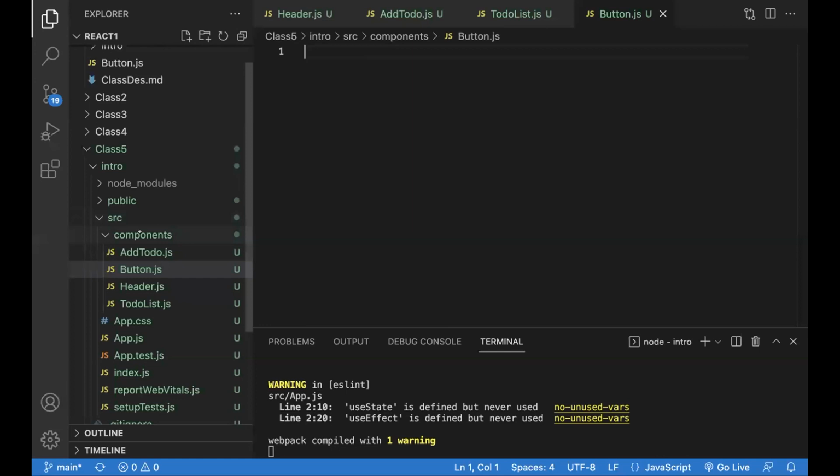After the components folder, another folder that I always advise that developers have in their source folder is